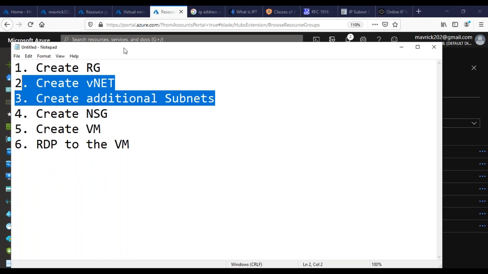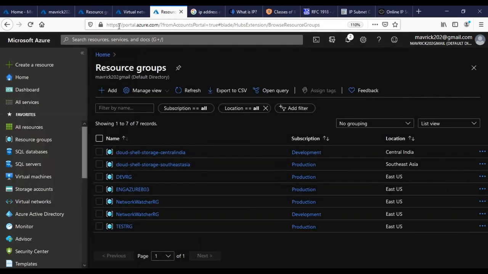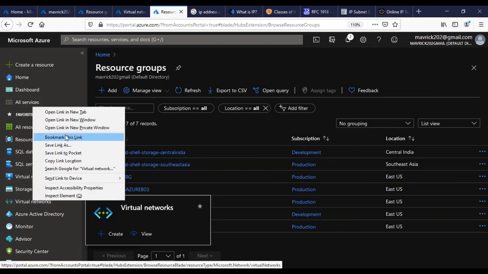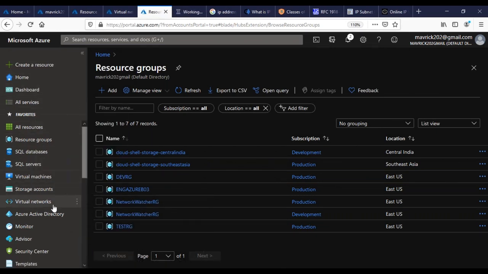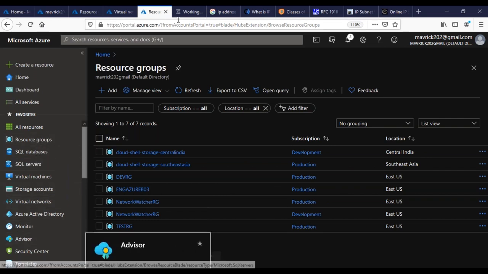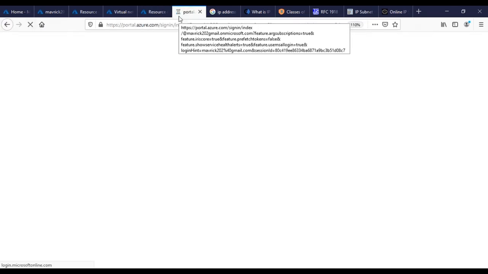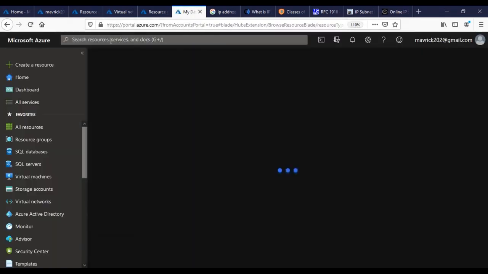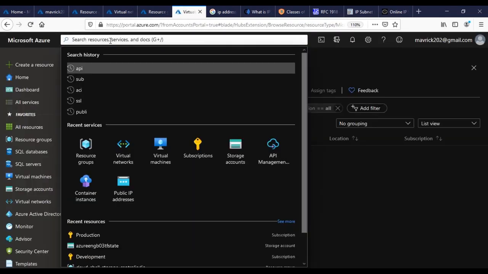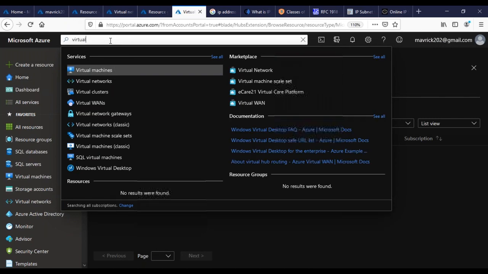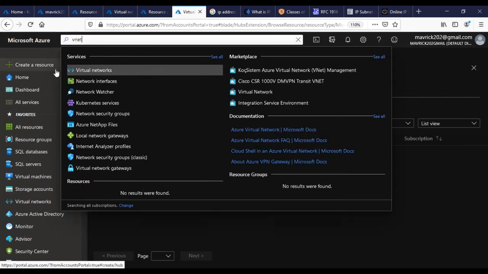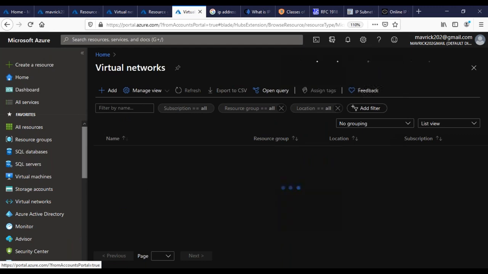So what I'm going to do, I'm going to basically go to the virtual networks here, by the way. See, these are all favorites, guys. If you're not able to find something, what you can do is directly go to the search palette, and you can search from there. Let me show you. So this is a search palette. If I type virtual, you'll get networks, or there are also shortcuts, like if you type VNet, for example, still it will show virtual networks. Okay, shortcuts also work. So select the virtual networks, you will get the virtual networks.